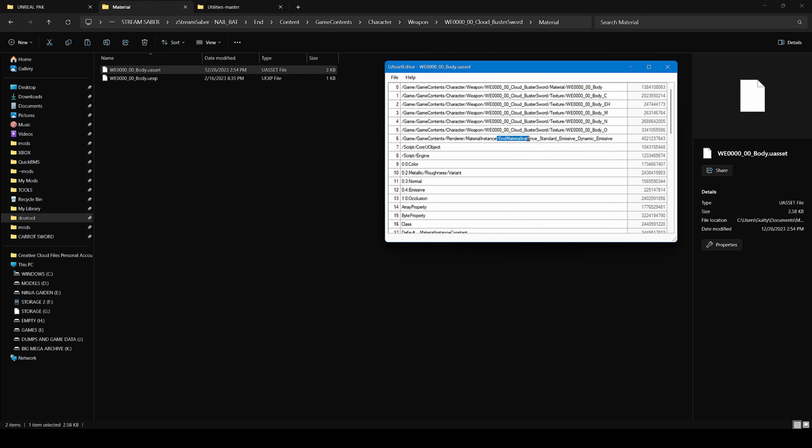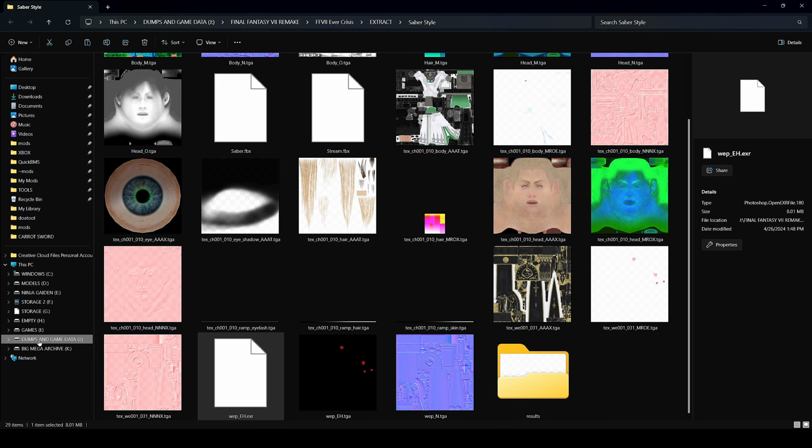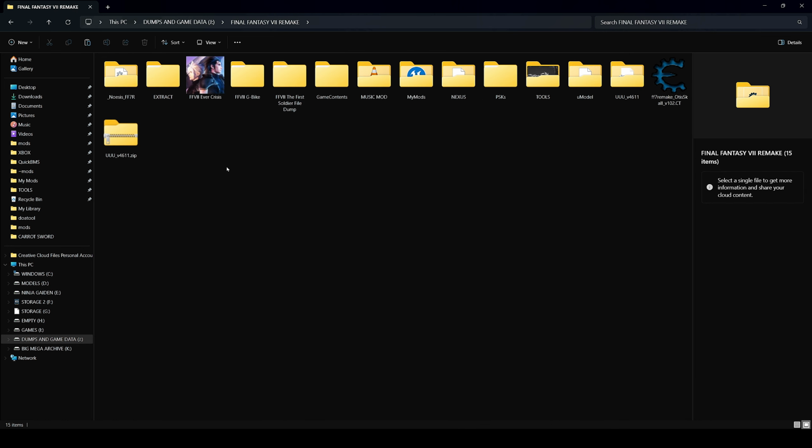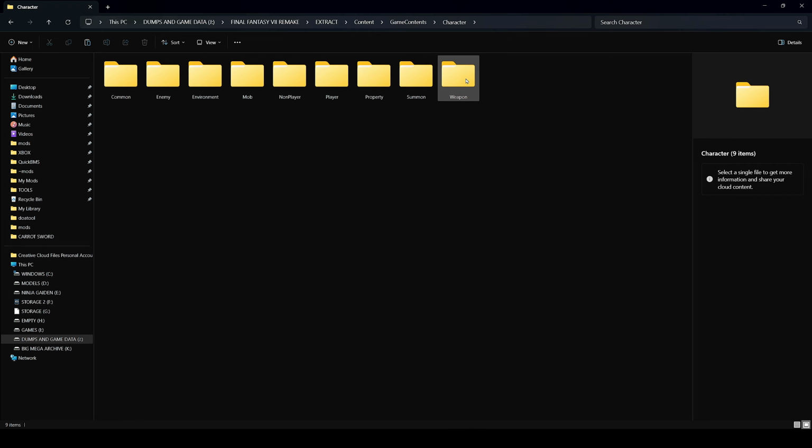You need this material instance line because it also has this material emissive lighting type, this emit light type scatter. It has the same thing right here. It has multiple references to emission in this material. So just like how we grabbed the EH texture from Yuffie, we probably could grab a material from her same